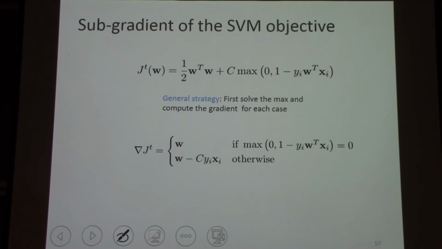And in the second case, we are asking what's the derivative, so once we solve the max, this function becomes, this is equal to half, or J of W is